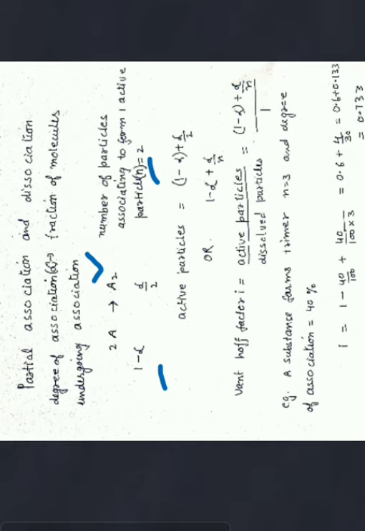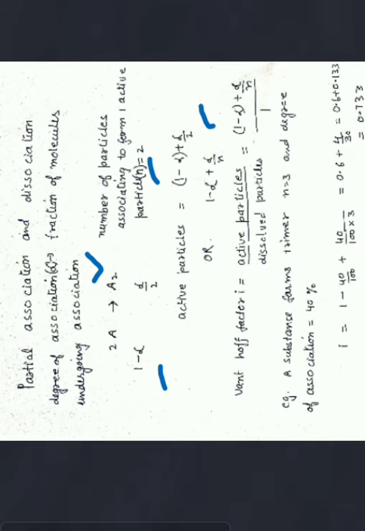Here 2 is the specific number in this case, but if we have to generalize, we can take n. n is the number telling you how many particles are coming together to form one collection, or forming a dimer, trimer or tetramer, whatever it can be. You can use it as n.